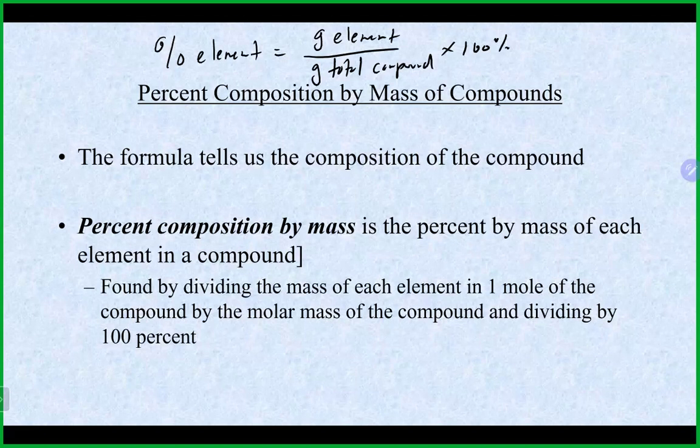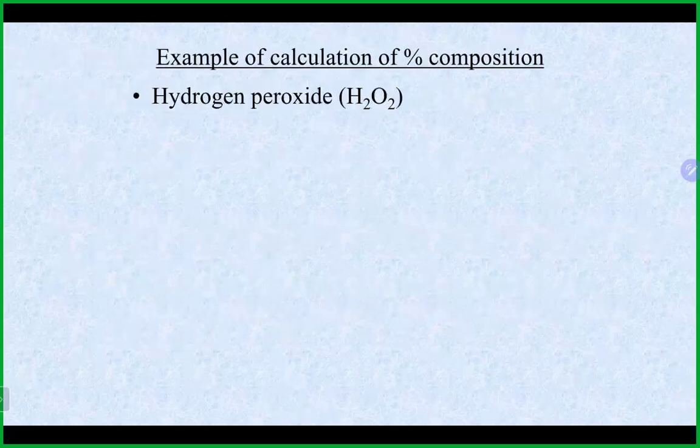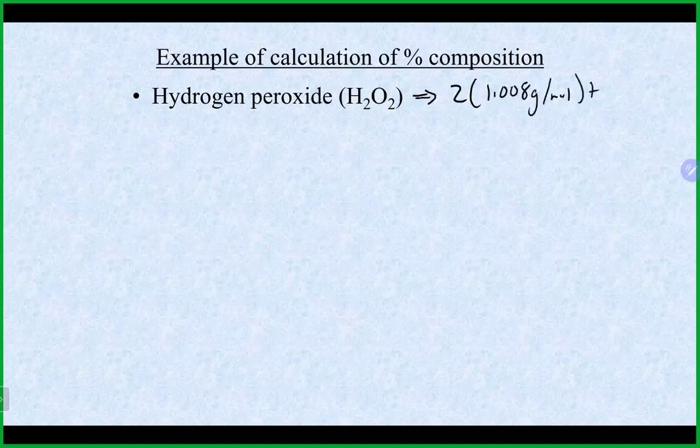So let's take a look at one here. Let's say we had hydrogen peroxide. So really the first thing that we would want to do in this particular case is get the molar mass of our hydrogen peroxide. So that's going to be 2 hydrogens at 1.008 from the periodic table. That's going to be 2 oxygens at 16 from the periodic table. So this is really going to give us the mass of our entire compound here. So that's like a 32 and a 2, basically. That can give us 34.02 as the molar mass here